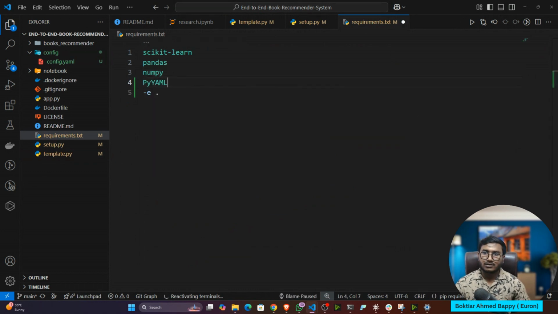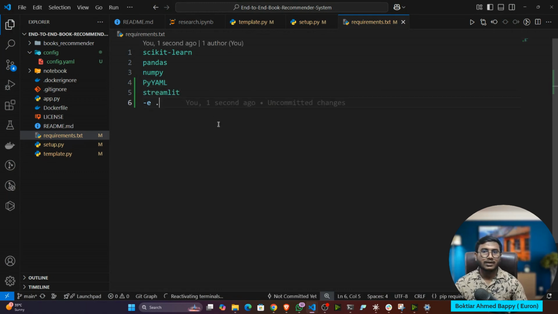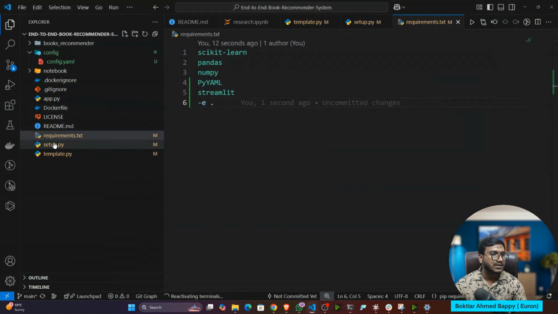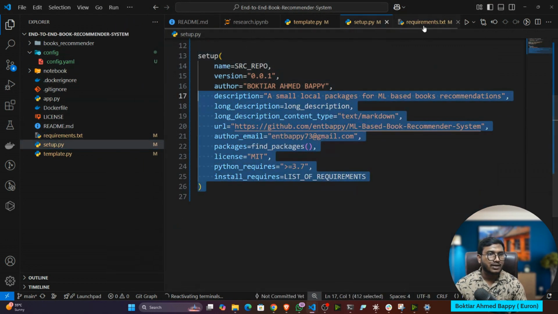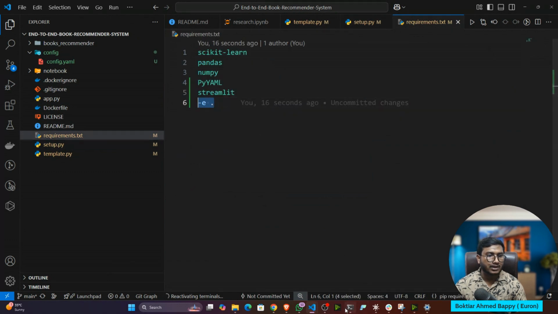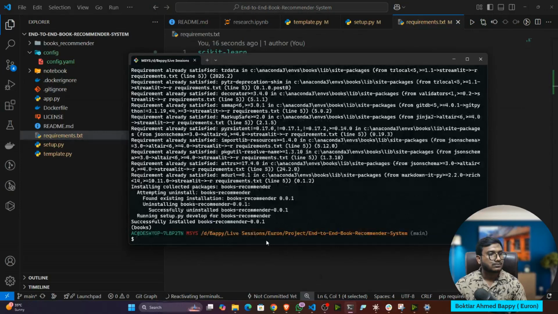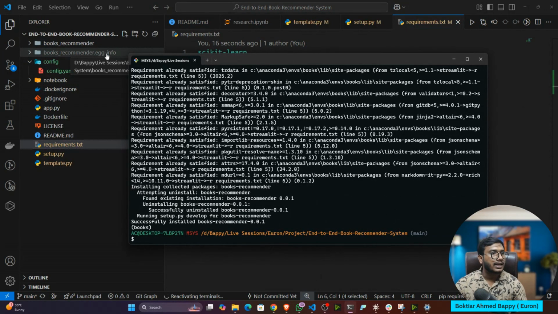And for the user app implementation, we'll be using Streamlit. Now let me install them. So pip install -r requirements.txt. Now see, one egg-info file will be created because of the setup.py, because we have mentioned this command in the requirements.txt. See, the book recommender egg-info file.